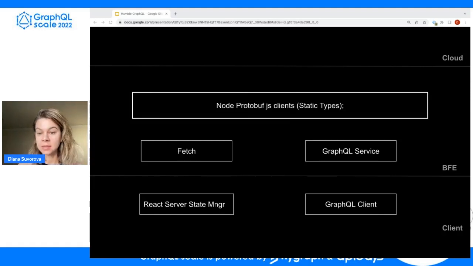The next two layers are both tenants of the web monorepo. The first one is the backend for frontend, which serves JavaScript and HTML for the client, and is also the place to spin up your GraphQL service in case you choose to use GraphQL. And client side is anything that gets shipped to the client, obviously, to the browser.